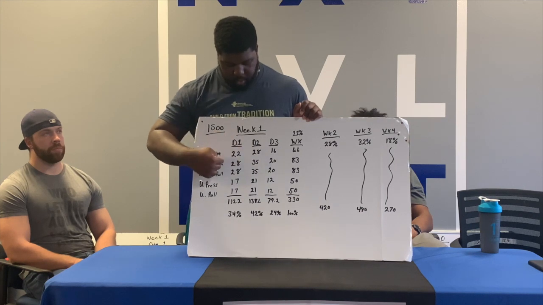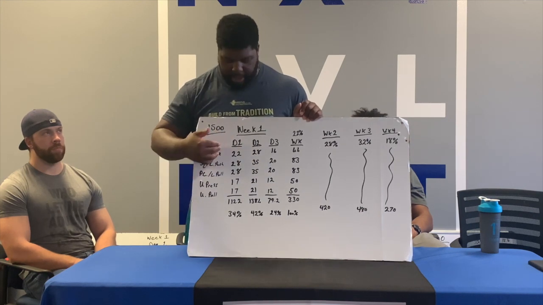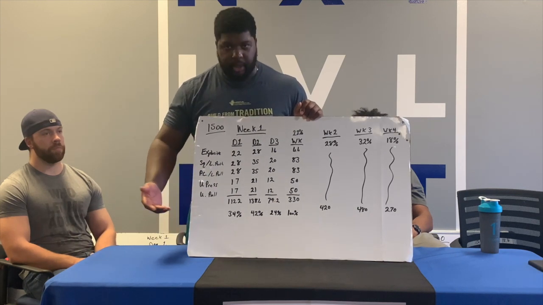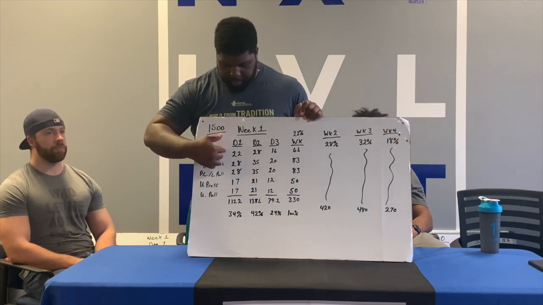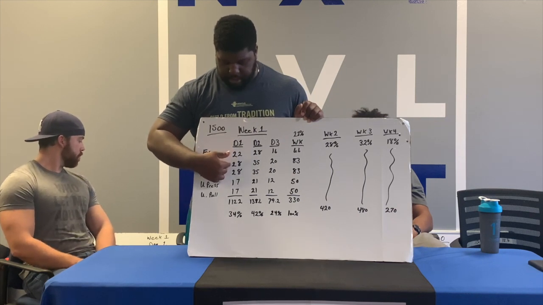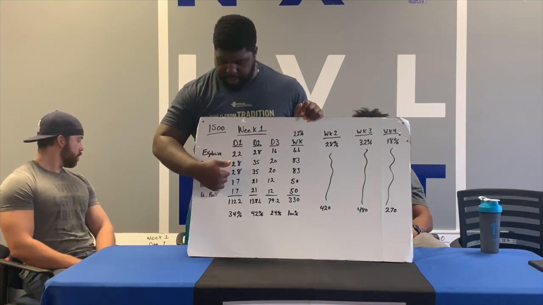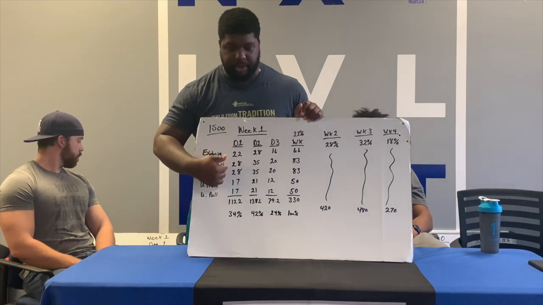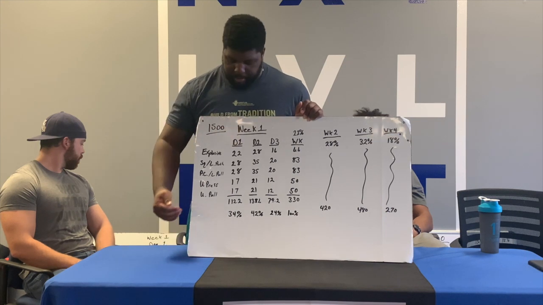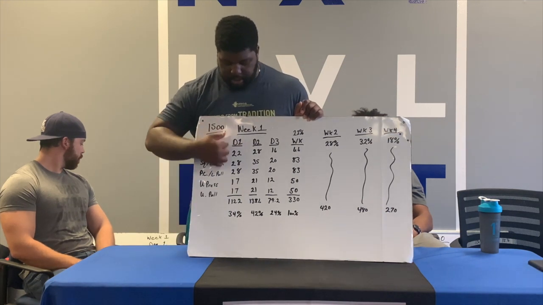Some of these reps are going to look real kind of weird. You're going to be like, how am I going to get, I don't know, like 17 reps in a day for a certain exercise? Well, obviously, we're going to explain that in a little bit. But we're going to do 22 reps here for explosive on day 1, 28 for a posterior chain and squat, so that's your lower body push and your lower body pull. And then 17 and 17 for your upper body press and your upper body pull. So that's day 1. That equals out